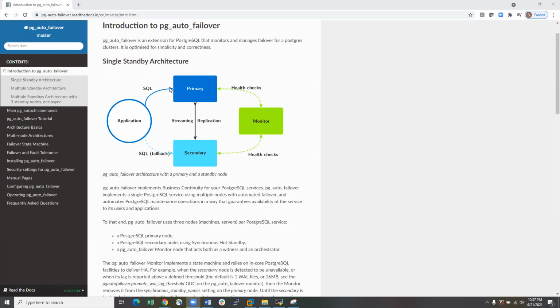Today I'll really be focusing on doing a demo and seeing how the tool actually works, and how we could do a normal failover and also a switchover, because it's a tool for high availability. As you can see here, there are different use cases you might want to go with this tool. Here is basically a single standby architecture where you have the master server, which is doing